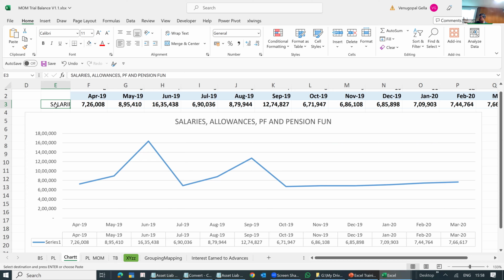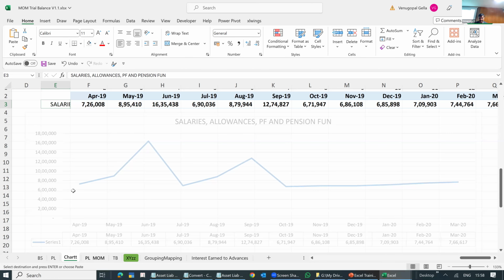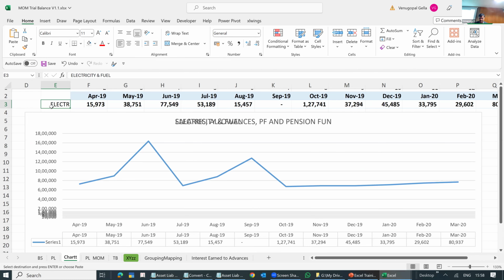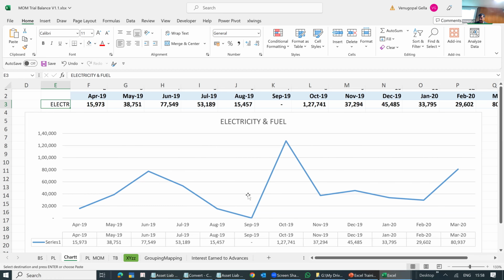Now, any item, now you have a printed P&L with you, you want to analyze any item, you exactly type whatever is the name, my electricity, fuel. Like let's look at the rent also, another thing. I'll just put this. So you can see every month, September is not there, October has come, so 2 months date number would have come there. But still it is substantially higher. It went way up.